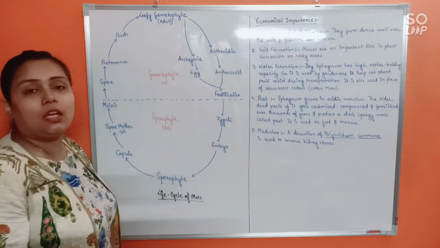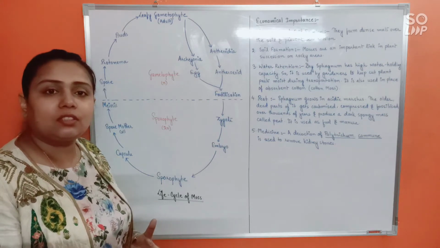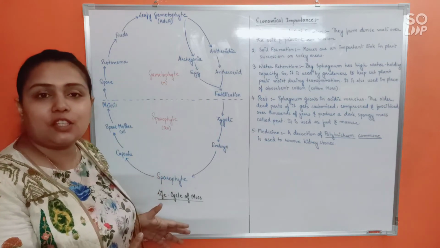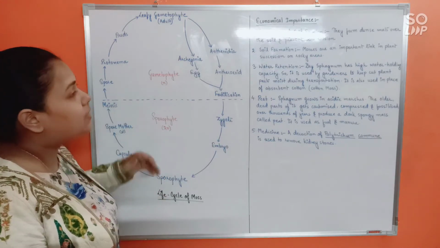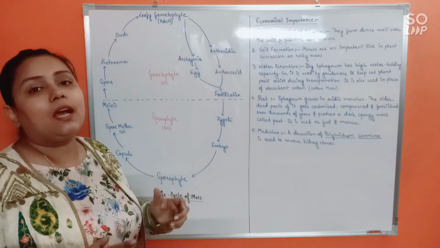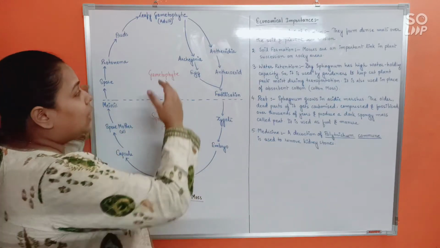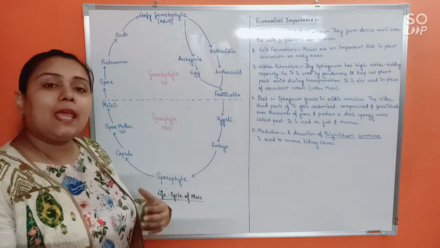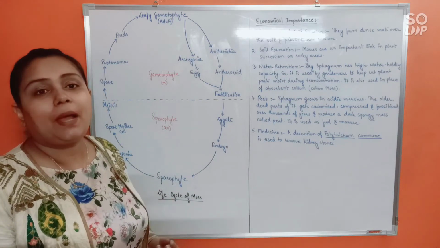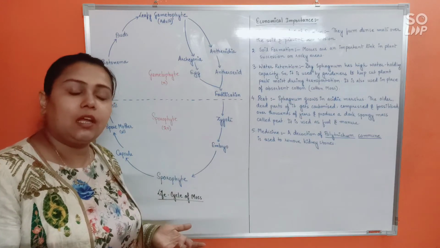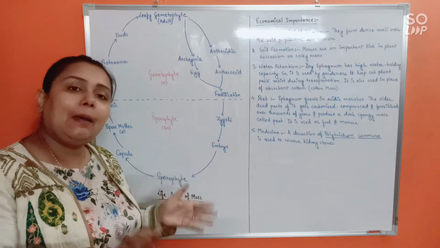Which phase is being for most of the time? Which of the phases can you tell is more important? Can you make any such decision here? No, right? Because both the phases are equally present, they are equally important, they are consuming equal part of the life cycle. Hence, we say that in case of bryophytes, the life cycle pattern is haplodiplontic. Means haploid and diploid phases are equally present.